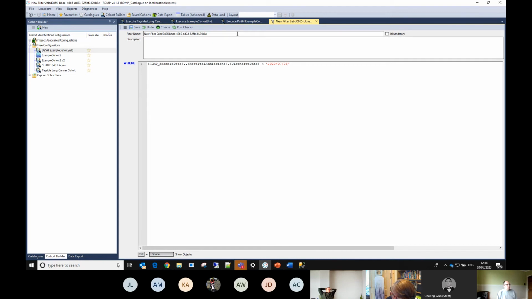We can then add that in, and we can add in a little description for it. And then we can save it, and it will be used in our query.